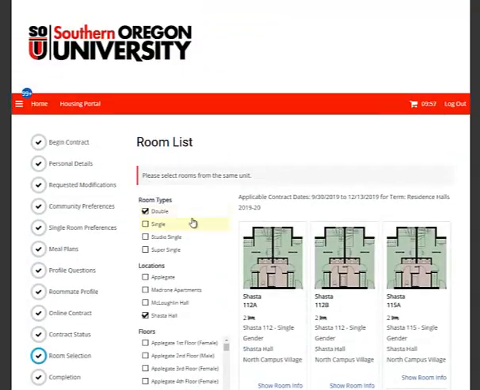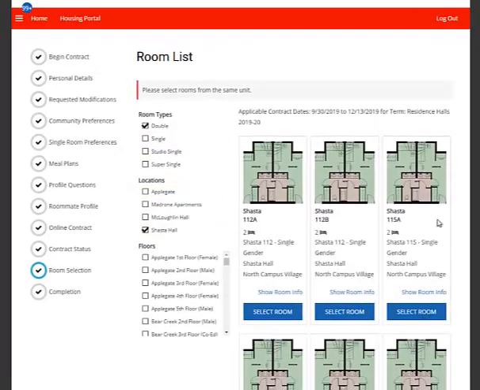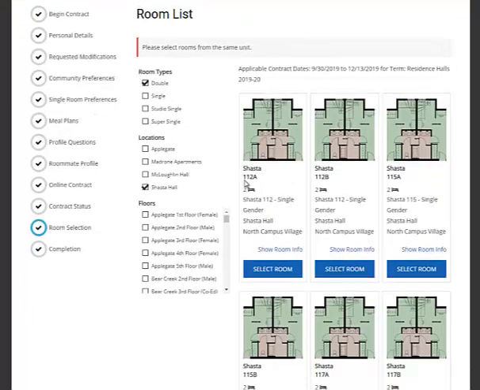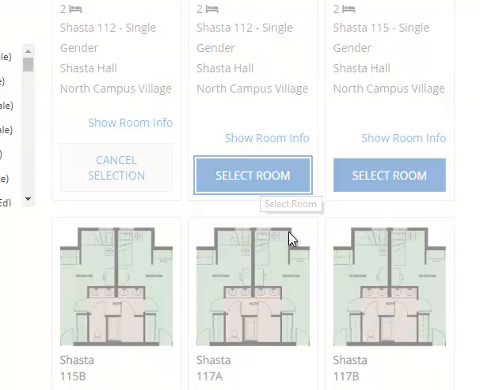make sure that my bed spaces are in the same suite. I'm going to go ahead and cancel 115 there. Now you'll notice for Shasta, for example, 112A and 112B, those are in the same suite. They're individual rooms, 2 double rooms to be exact, but because they're in the same suite, the system will allow